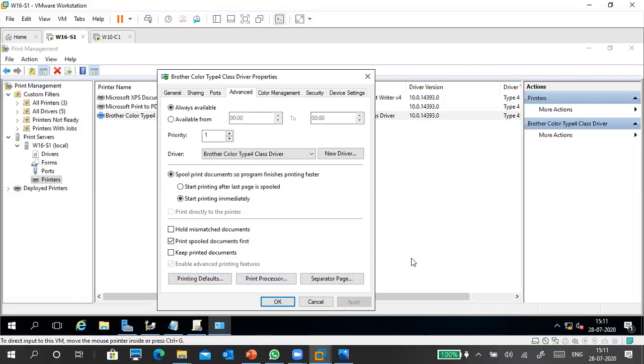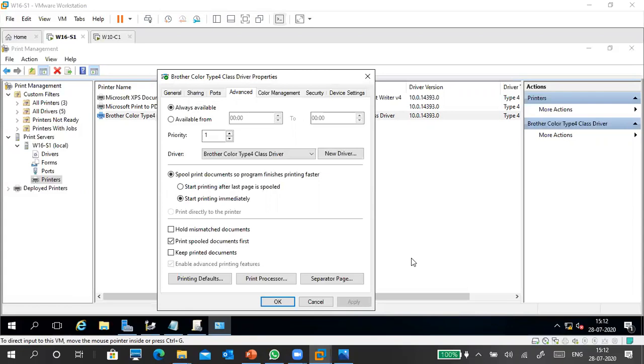Like, there are at least 50-60 members on a single floor. I have printers there, and I gave a print. I asked my office boy to collect my printouts, and he went to the printer and checked. The print is completed, but a lot of people give prints, right? He doesn't know which print belongs to whom.